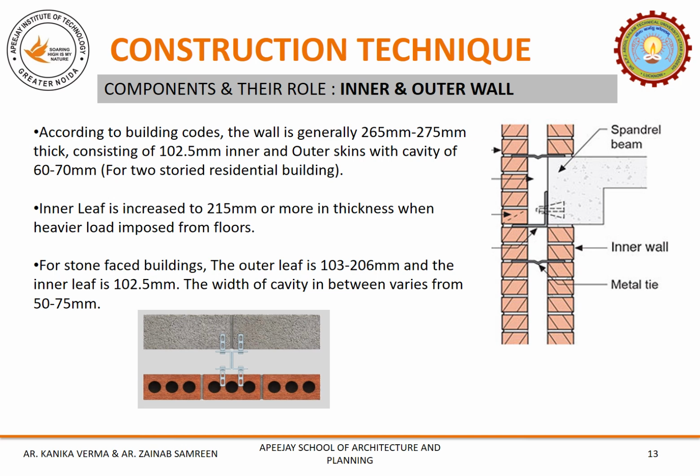These two leaves may or may not be of the same material, as both serve separate purposes in the overall composition. Generally, the outer wall, which faces all the external conditions like wind pressure, rain, dust, dirt, sun rays, etc., also serves an important function of providing aesthetics to the building. That is why the outer skin has to be selected very carefully. It must withstand all the external conditions and must not deteriorate very easily. Plus, it should serve the purpose of aesthetics as per the design scheme selected by the designer or the client.